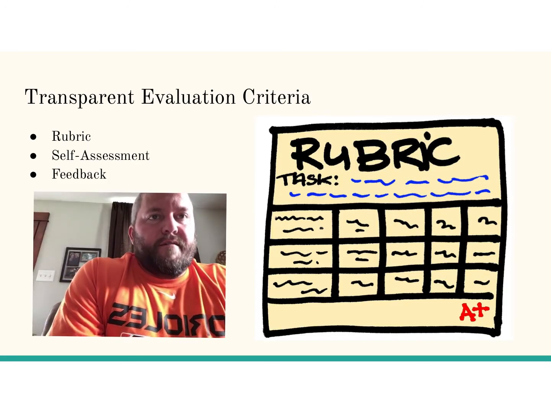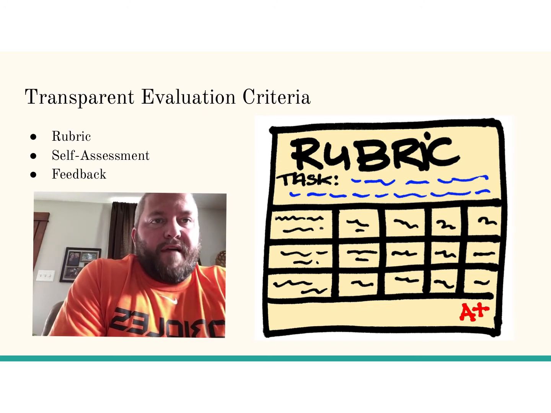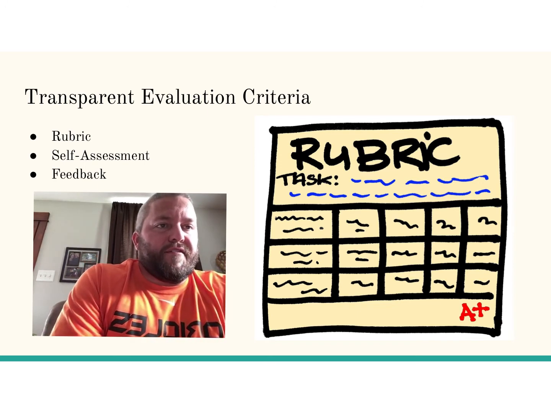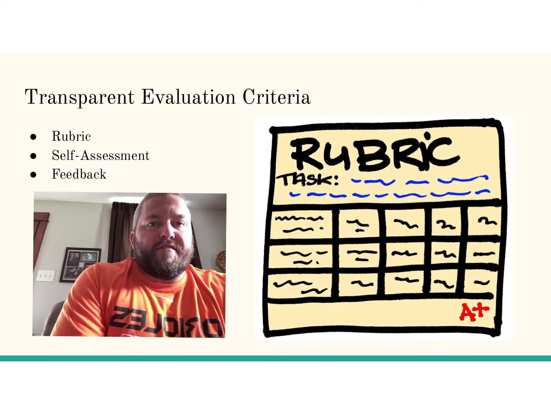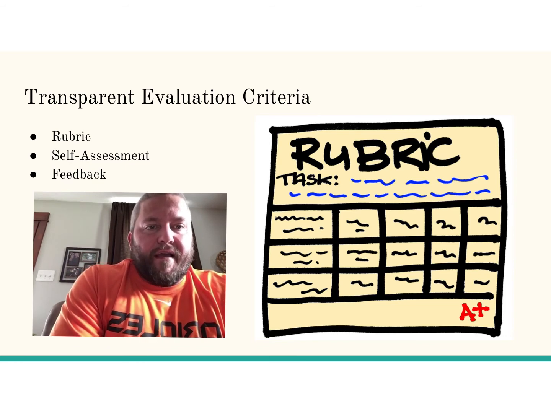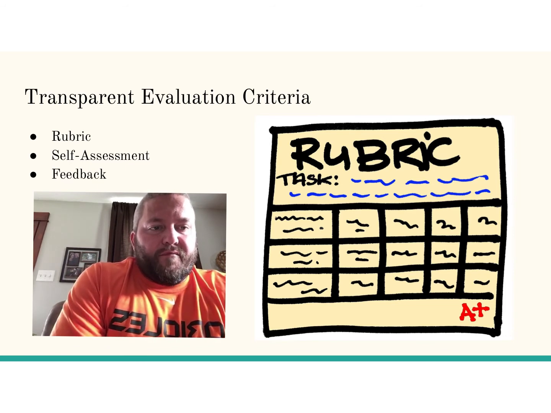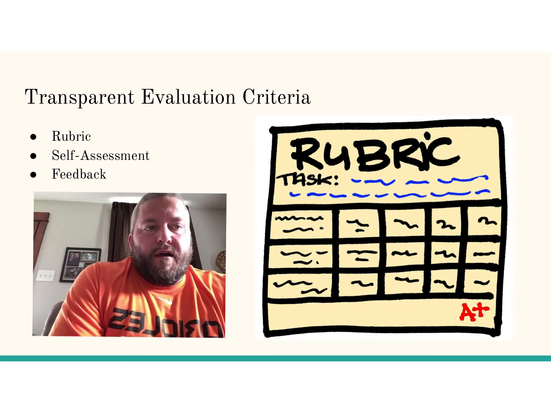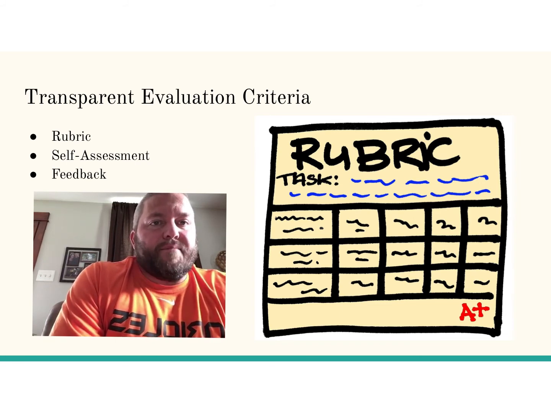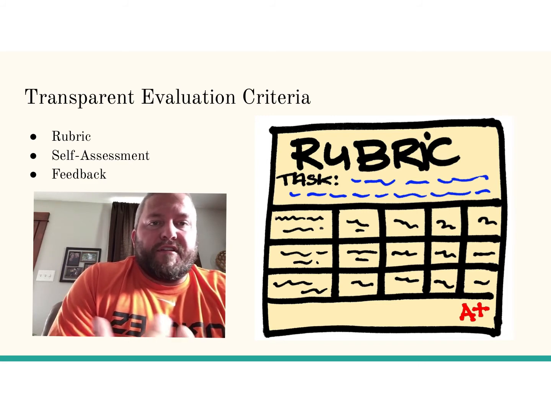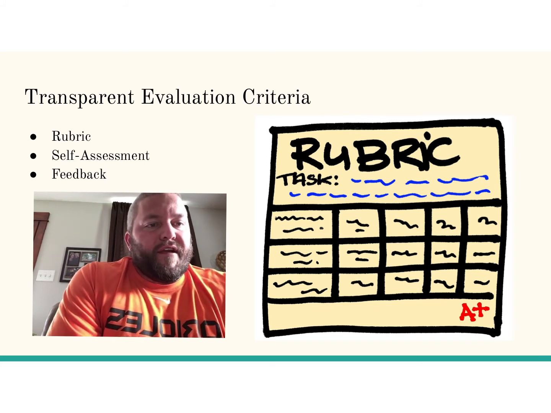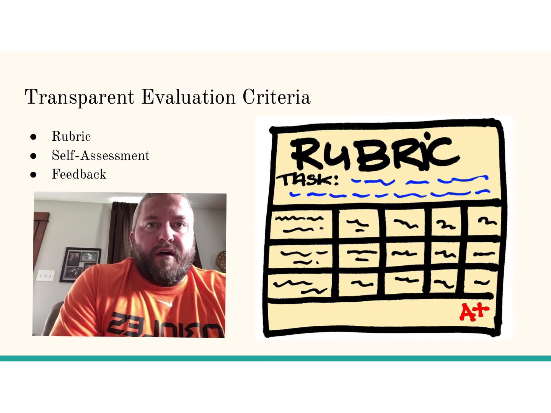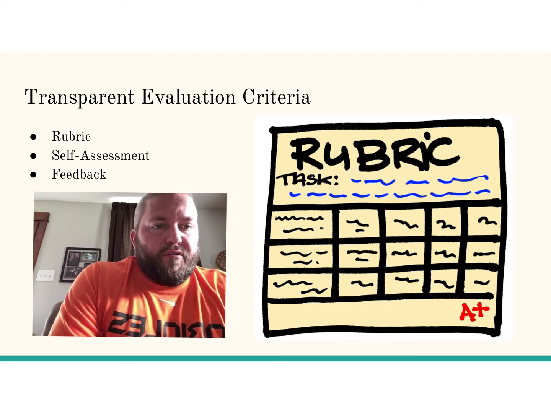And the last key part of a performance task is they will have that transparent evaluation criteria, which would involve a very detailed rubric of what they need to do, including their self-assessment as well as feedback. This is going to allow them to really, like I said, take ownership of the work, but it's also going to give them the options. It's going to give them the information to really do what they want with the project, with the scenario, and really dive into these scenarios, applying their content knowledge to show what they have learned throughout this